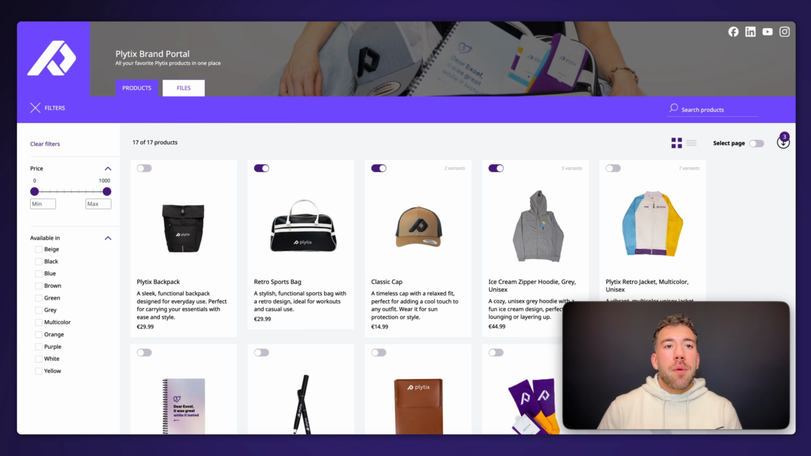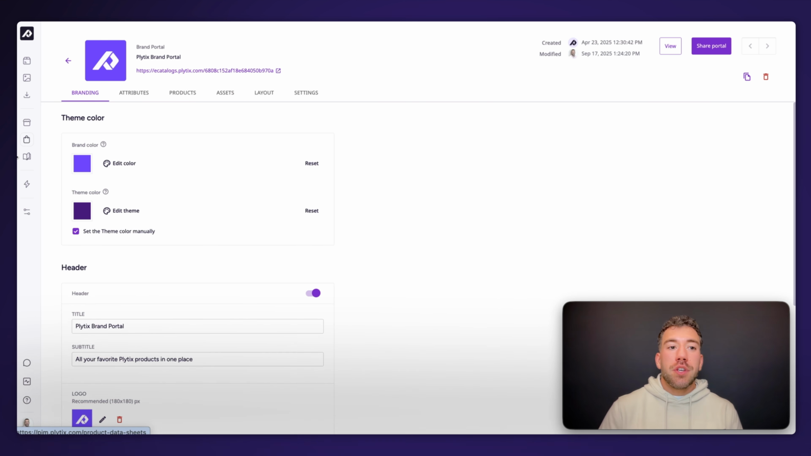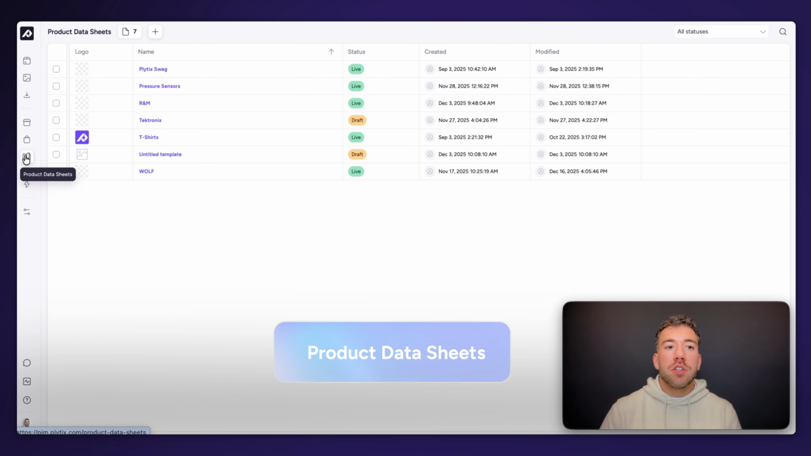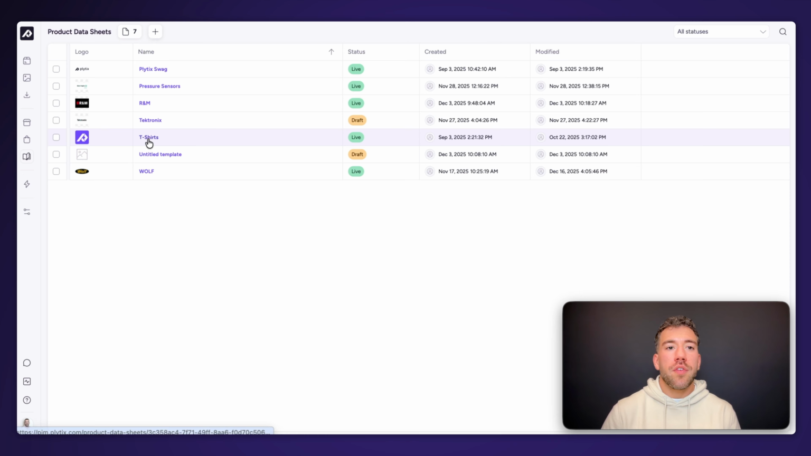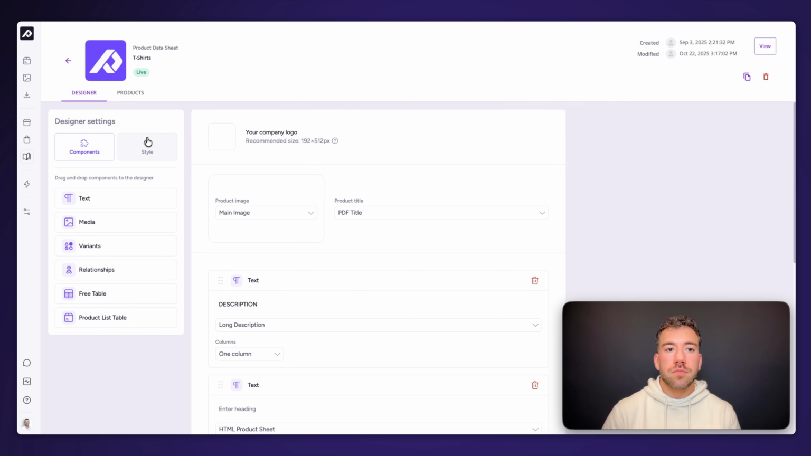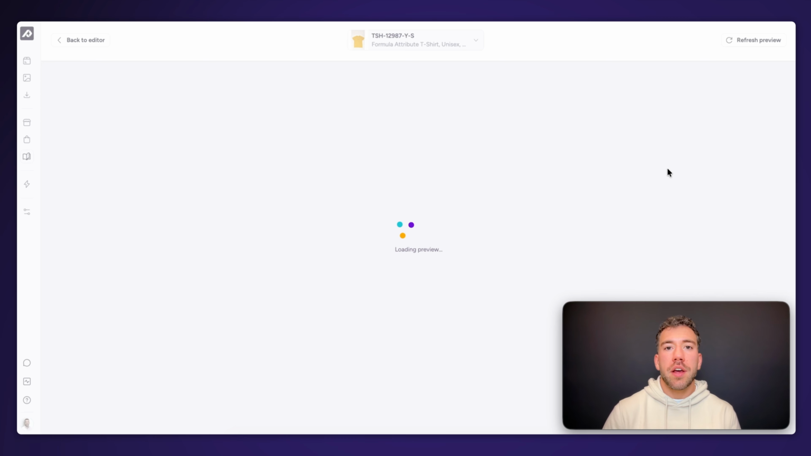In addition to the brand portals, we also have a product data sheet functionality, which gives you the ability to create templated data sheets or PDFs for your products. So if I click on my t-shirts here, I can actually create a specific PDF for a product, like this